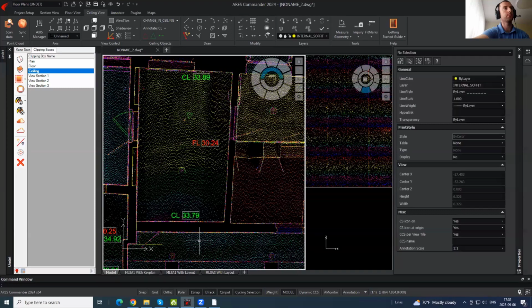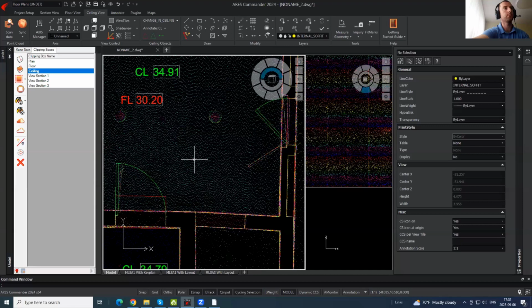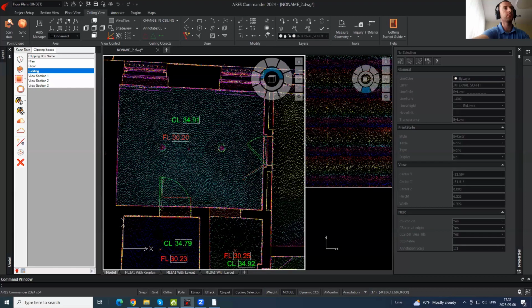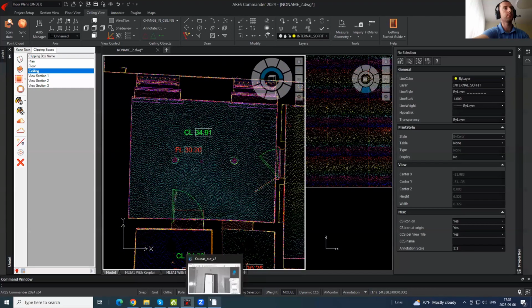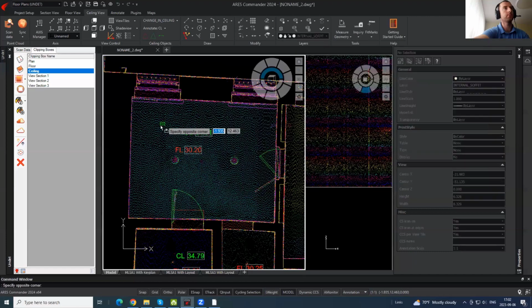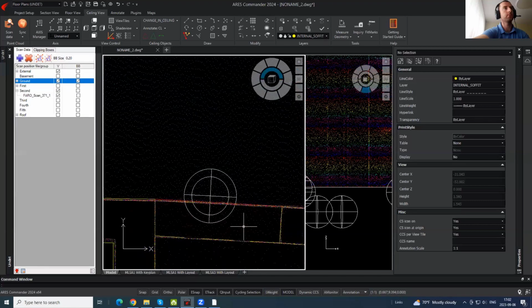Let's mark. Also to annotate doors and sills and windows and other things, not levels, but differences between heights, we can use Undet browser and scripts that Mario showed before. So, for example, let's try to annotate this internal soffit. Let's go to this scan position